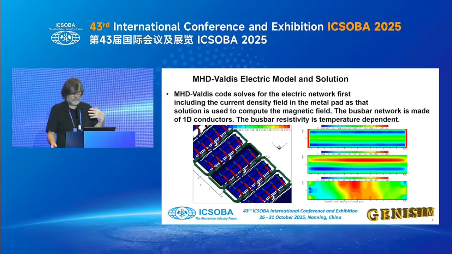Okay, then the first step for MHD values is to compute the electrical network to get the current, and as part of that you also get the current density in the metal pad. Then you need to create the geometry of the bus bar, and this is the task that is more difficult to learn, let's say. And once you have learned how to do this,